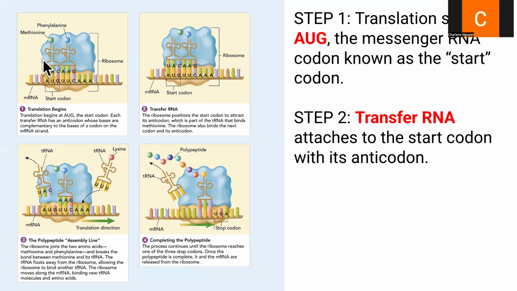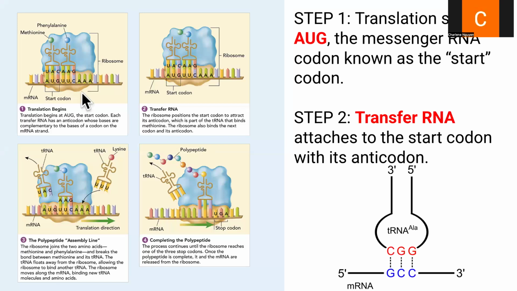So if you take a look at this picture here, this is our transfer RNA. Transfer RNA is attached to an amino acid. So in order to figure out which amino acid fits directly here, we look at the anticodon of the transfer RNA. So we can see that the anticodon UAC base pairs correctly with our AUG start codon. In this example here, our transfer RNA with the alanine amino acid is going to base pair directly with the mRNA here. So our transfer RNA with the amino acid attached is going to bind directly to the start codon